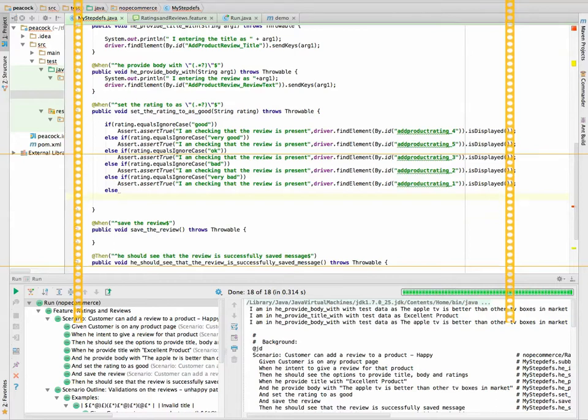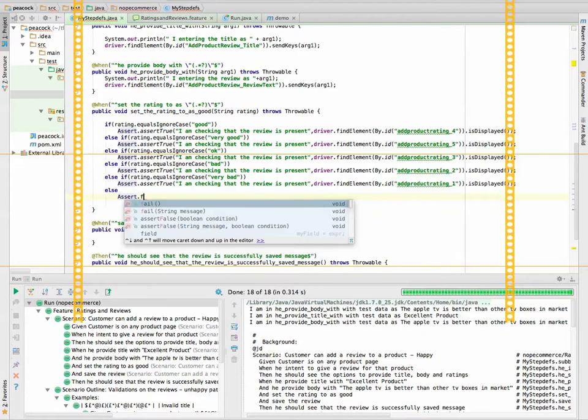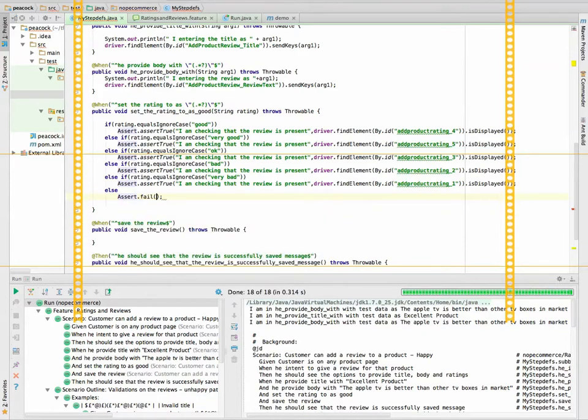Then we need to throw it back in his face with a fail, saying that the input given is invalid. What is invalid? This is your rating, so the rating is invalid, not input. Let me put it in properly. And fail. So we'll stop the execution here.